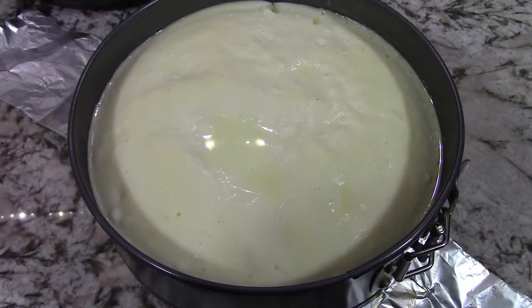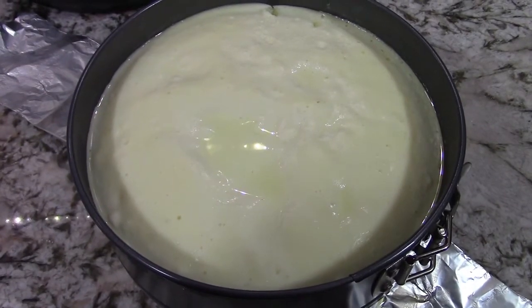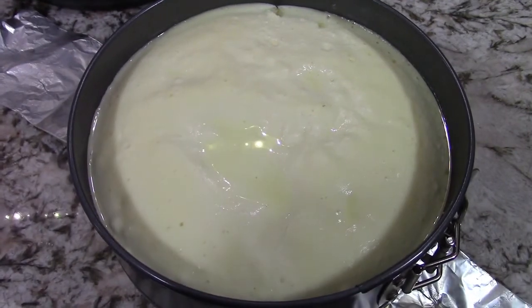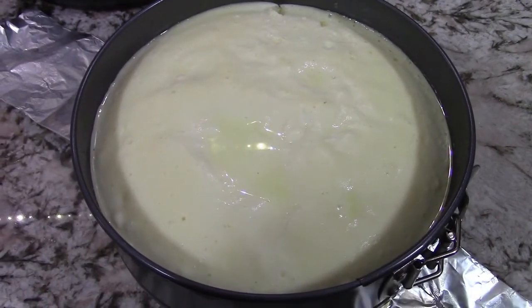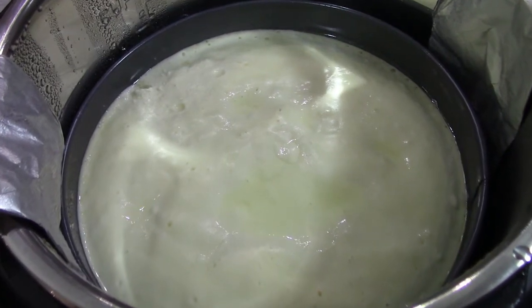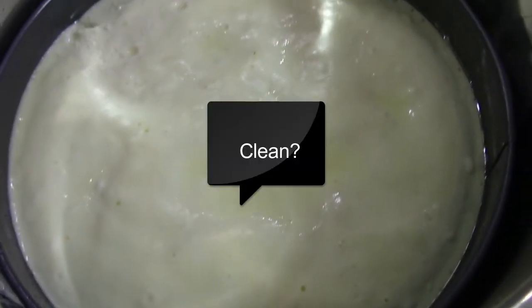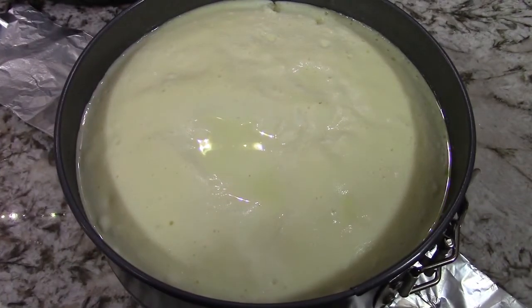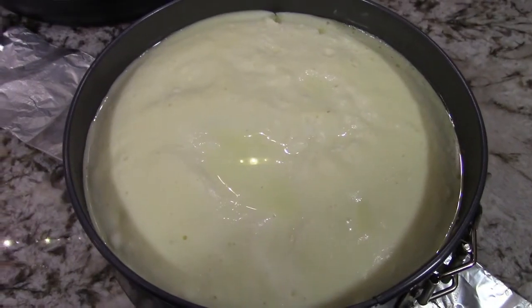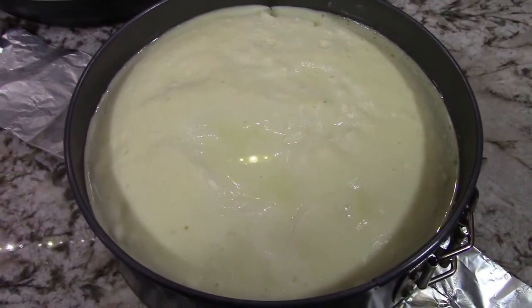Once you have removed it from the pot, you can let it cool off. If you notice that there's a lot of condensation, then you can take a paper towel or a cloth and lightly dab it. Once it is done releasing the natural gas,